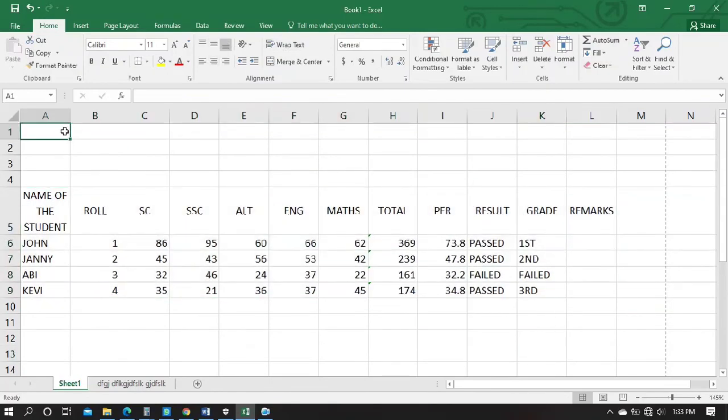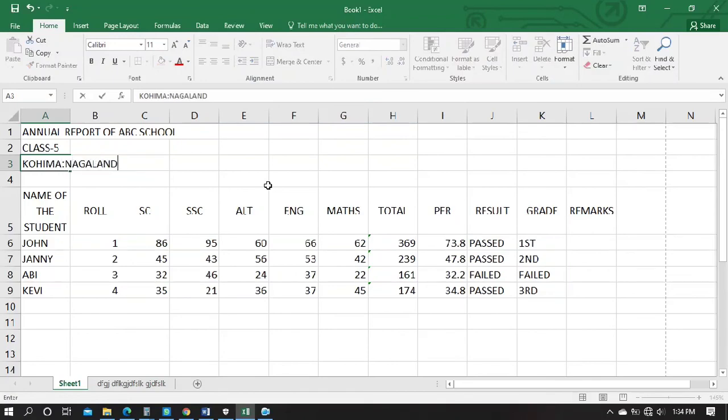Now let's say I want to give the heading here: annual report of ABC School. Here I will write class 5. Here I will write Kohima, Nagaland. So if you want to keep all those things in the center of this table, so this is a